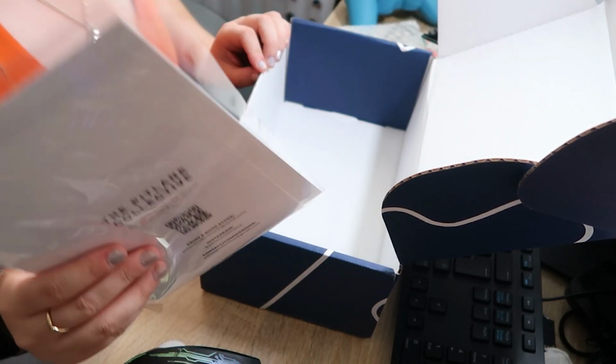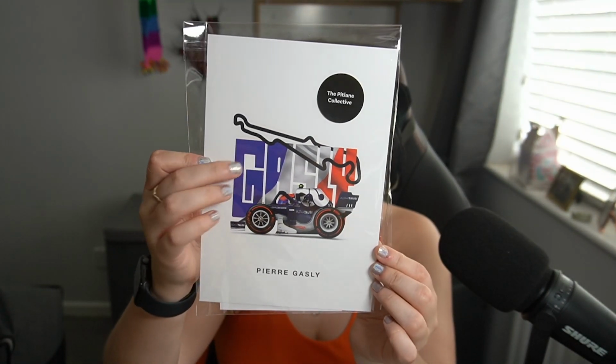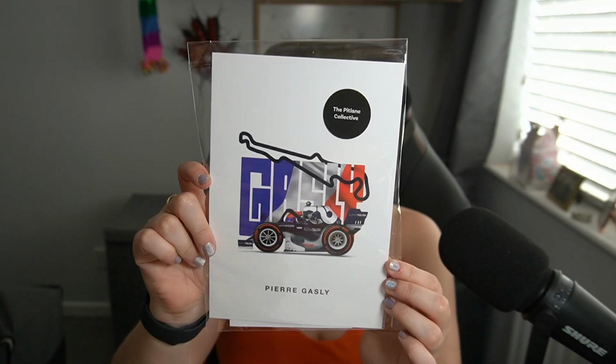Yes! There are no stickers. I'm kind of sad about that. I mean, I know I never do anything with them, but they've been such a staple for so long. There are no stickers. Anyway, we have this, though, which is a really cool French GP, Pierre Gasly, piece of